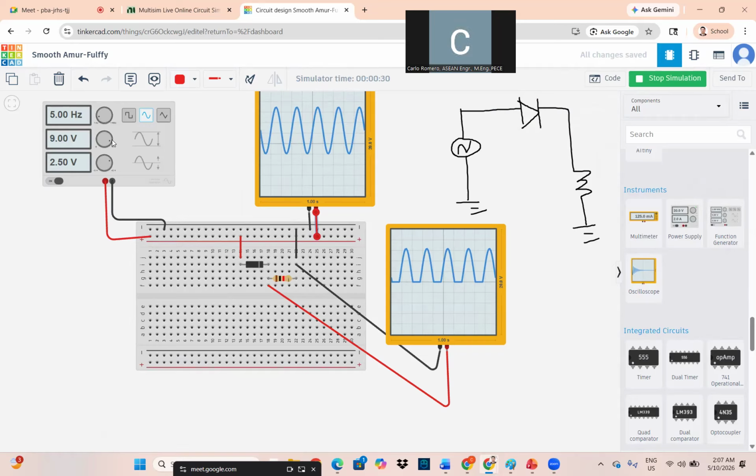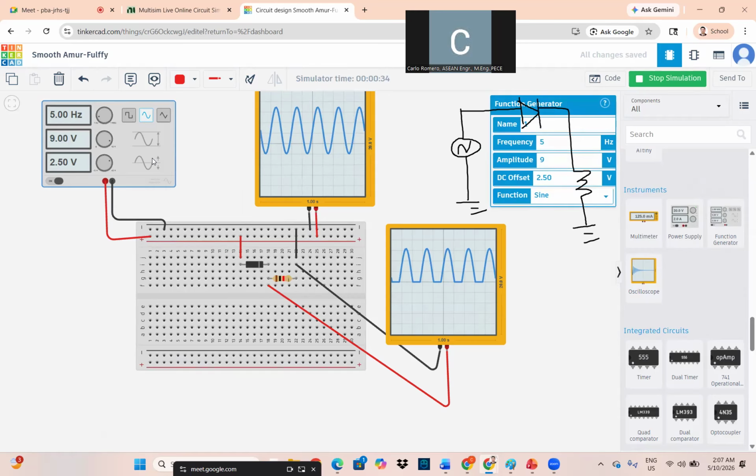So actually you can adjust the offset here. Okay, that is the offset. Okay, the offset is 5 volts. Okay, but this is the input.